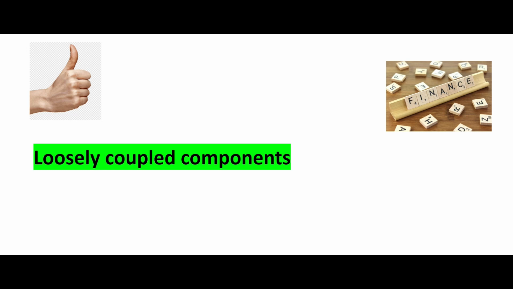Have loosely coupled components. What it means is, why? Because if one component fails, your entire system does not fail. In tightly coupled, what happens if there is a mutual problem with the trust? You ask for a divorce, the entire family splits. Not good, right? So that is a disadvantage of tightly coupled.